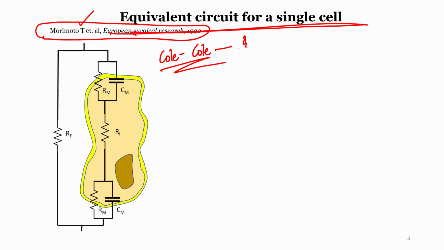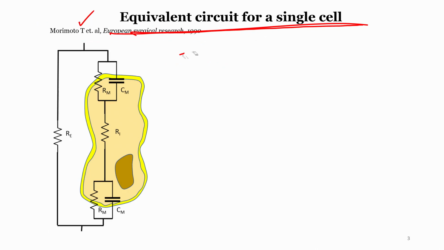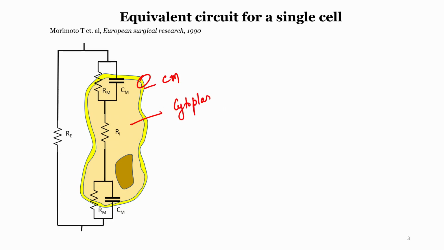But now let us not think about which scientist did what, let us just try to understand what a model is. Now this is the cell as we have described. This is the cell membrane, like we just covered. This is the cytoplasm, this is the nucleus. Okay, this is clear. Now what did I tell you? I told you that the cell membrane is a lipid bilayer, right? That is why two layers are here. Now how is a lipid bilayer?